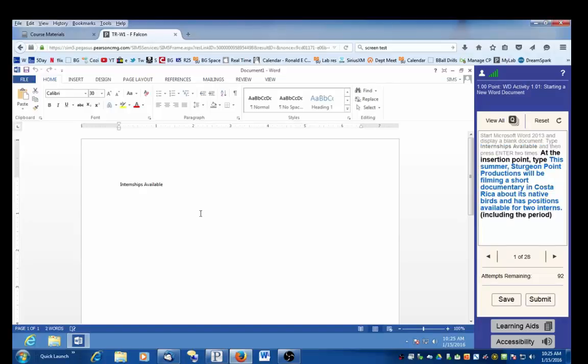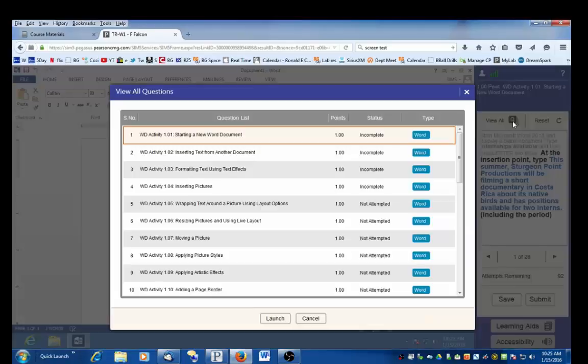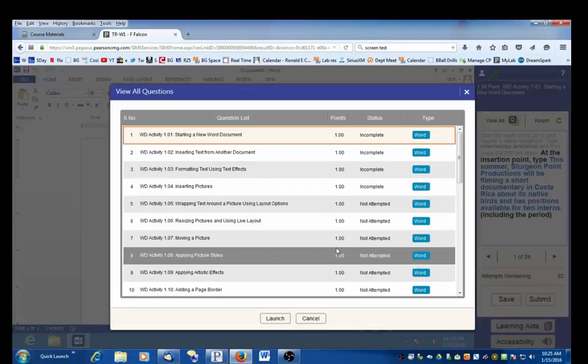So notice in some instances it will actually try to give you a hint as to what you have to do, and make sure you don't forget that particular thing. So notice right here it's telling me to type in all this text right there. I'm not going to do all of that. Instead, I'm going to click on view all and go to a different question. The problem is, if I do this,